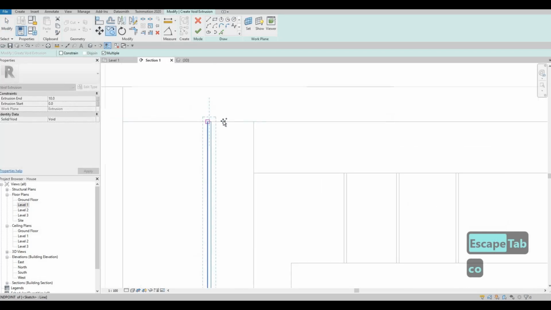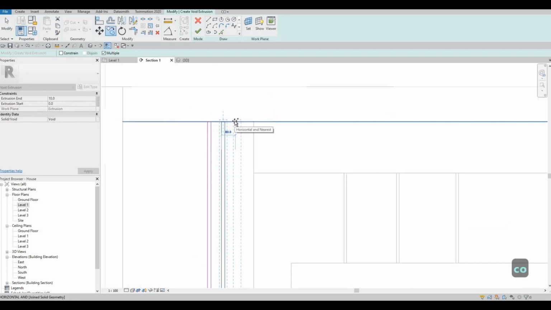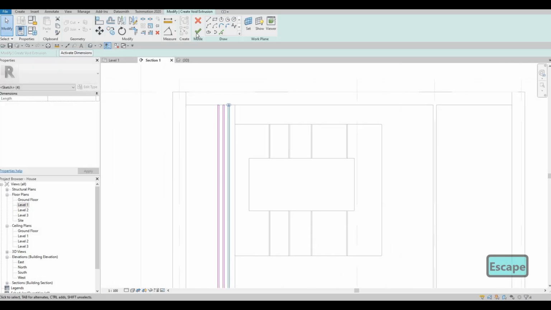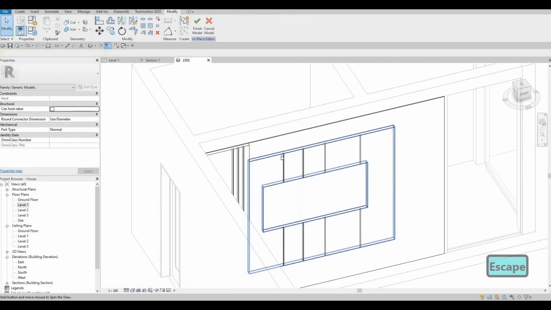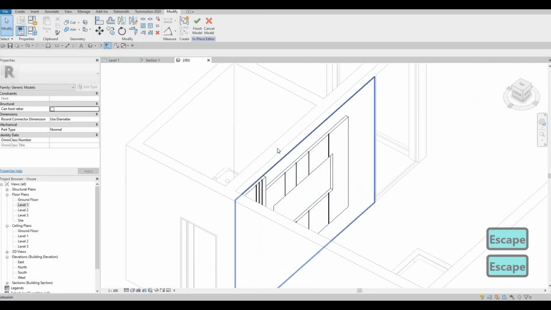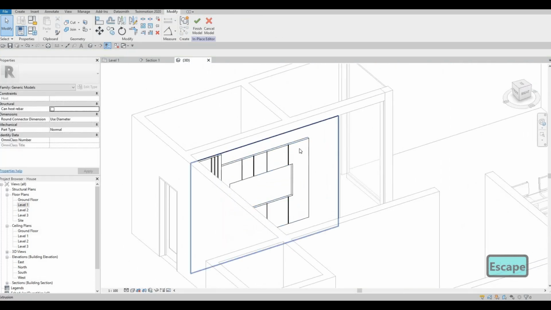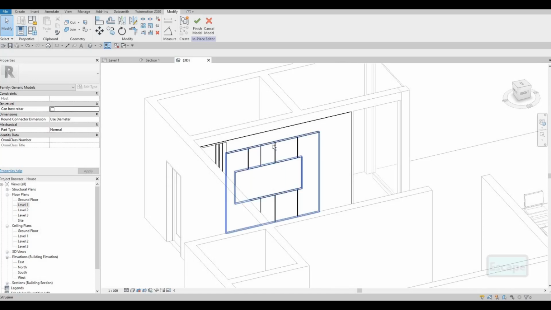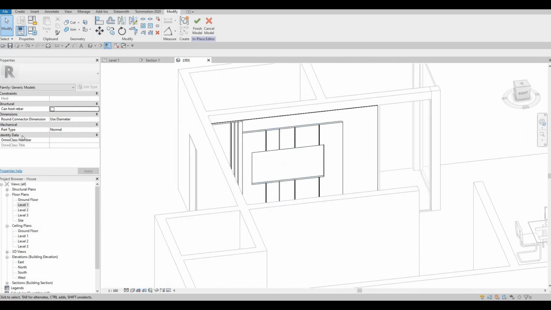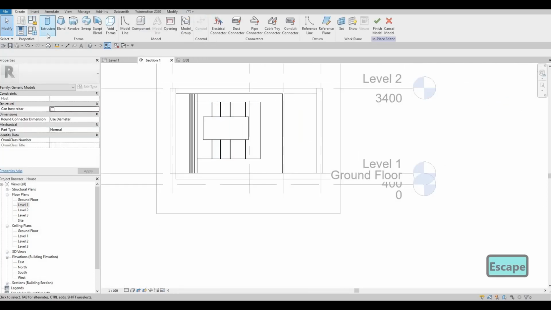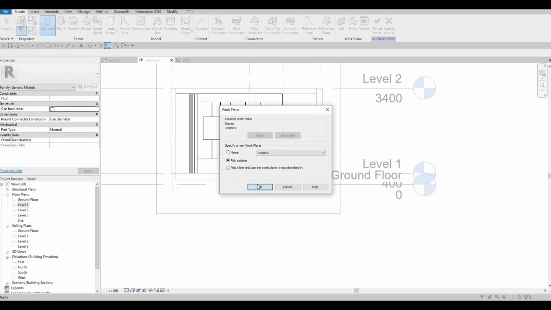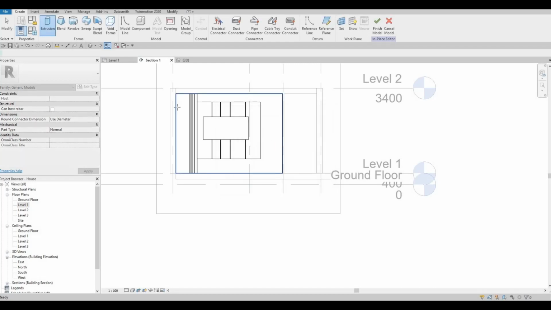Copy. And then click finish. That's good enough. And then now what we can do is go back to section. I want to add the same material, extrusion. Pick a plane, select this one,